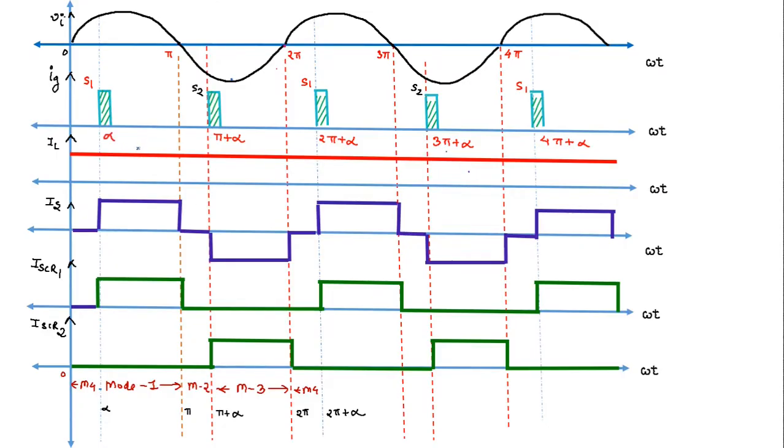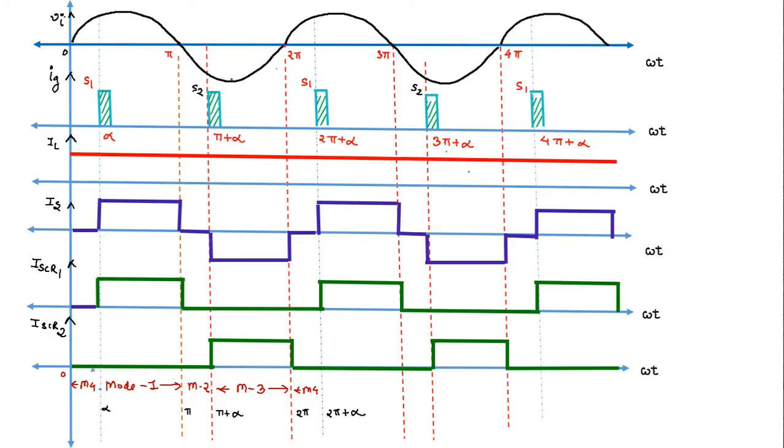Now we will draw the output waveforms of the asymmetrical configuration of semi-converter with inductive load. So this is the sinusoidal waveform, which is the input AC signal. It is represented by Vi. So when the gate pulse is given at instant omega t equal to alpha, the SCR1 goes into the on condition. In the previous lecture we considered the load current to be ripple free and continuous. Here also we are considering the load current to be ripple free and continuous. So this load current is represented by a horizontal line with some amplitude.